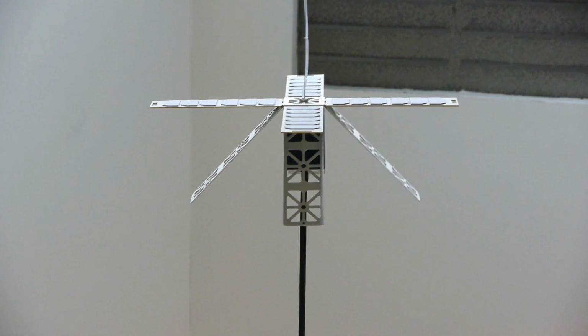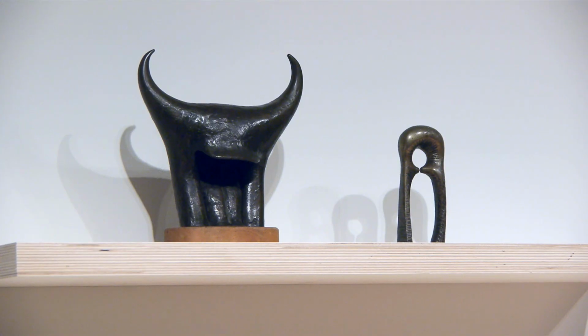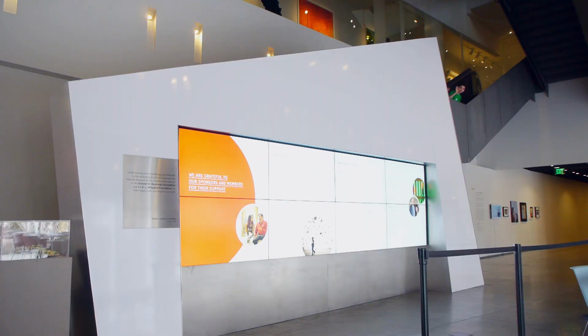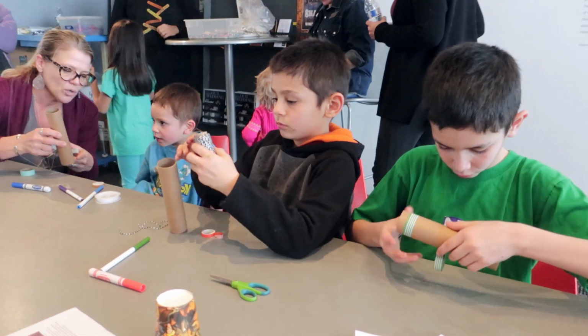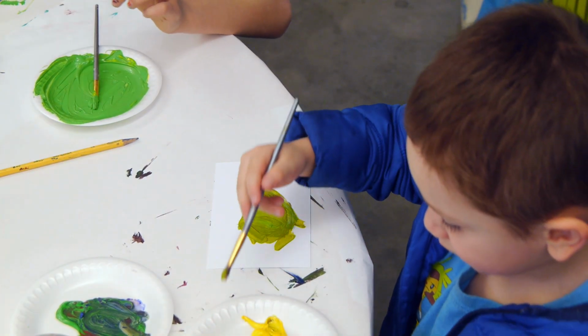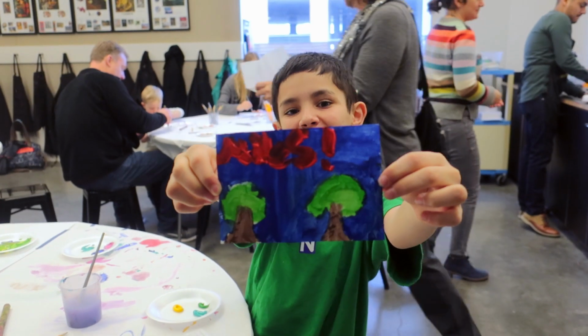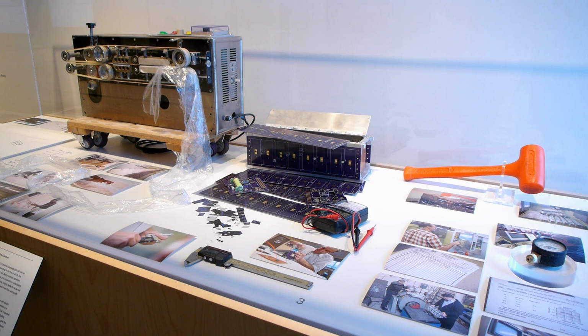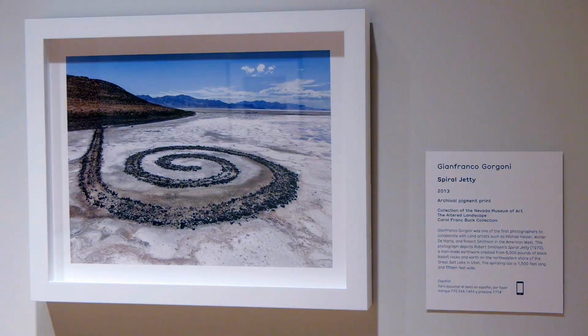From metal objects in space to metal objects out of proportion, today we get to see some artwork from around the world. Welcome to Nevada Museum of Art, a place where you can experience the amazing world of creativity and perspective. With activities for all ages, the Nevada Museum of Art will be a great place to visit, and often. They have a few permanent galleries and exhibits to see, but often change out their other galleries to keep things